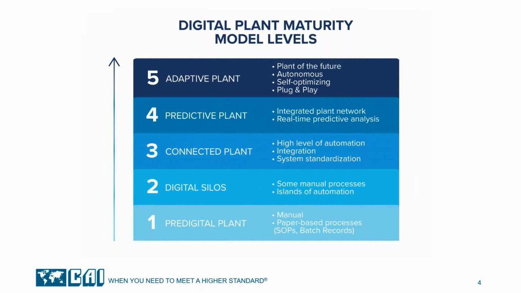Level 3 is our connected plant. High degree of automation. Systems are integrated, right? I like to use the example, if an MES system is getting you set up for a batch, it checks with the CMMS or maintenance management system to say, hey, are all of my calibrations and PMs up to date, and will they remain up to date during the duration of this run, right? So we have this high degree of connection between different systems.